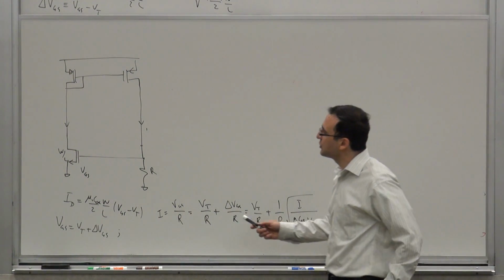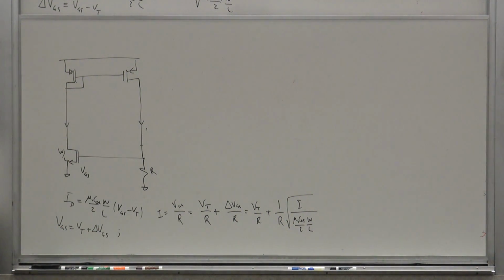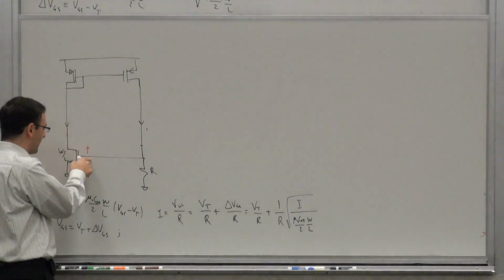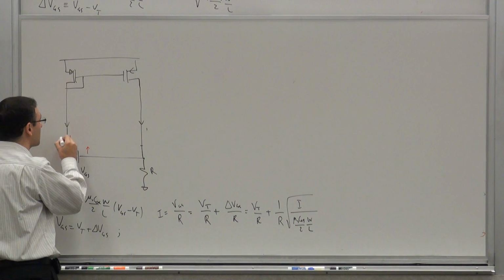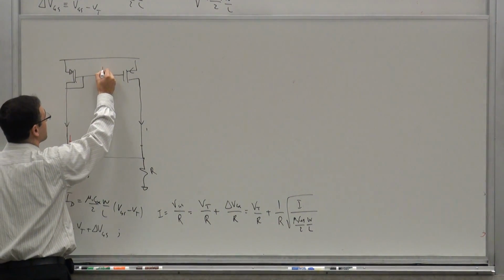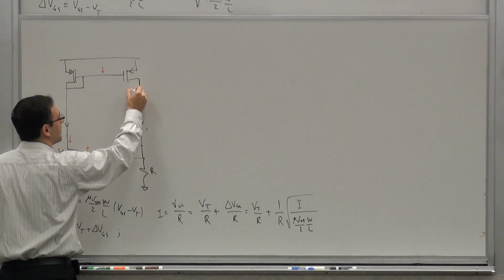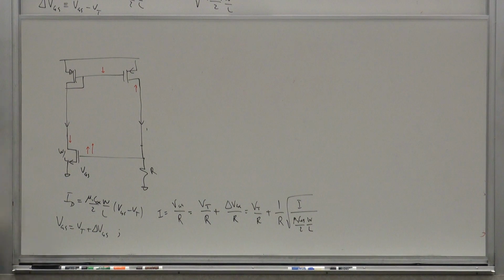But there's a little thing you need to check. When you make something like this, you're creating feedback, right? You have feedback in this network. So let's check the polarity of this feedback. If this node goes up, what happens to this node? From here to there, you have a common source, so you have an inverting stage. This node goes down. This node is the same as that node. That node goes down. What happens to this node? Goes up. So you have positive feedback,